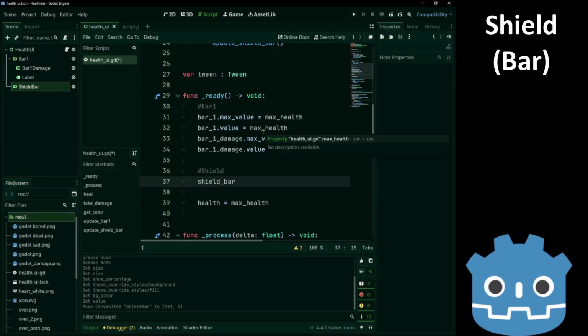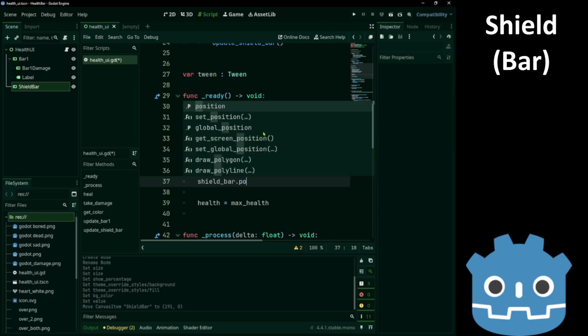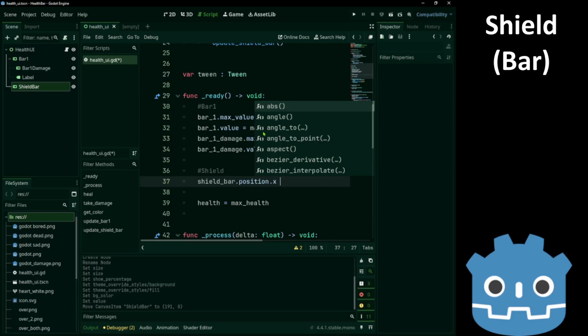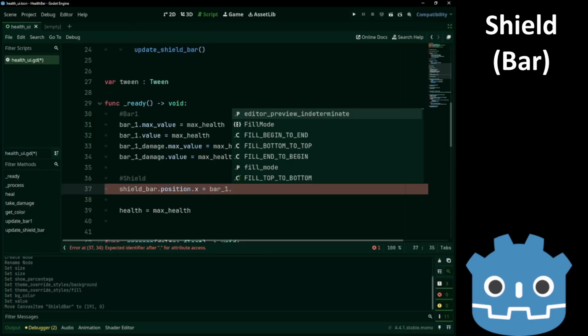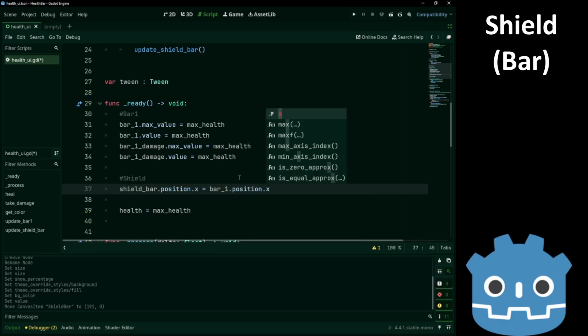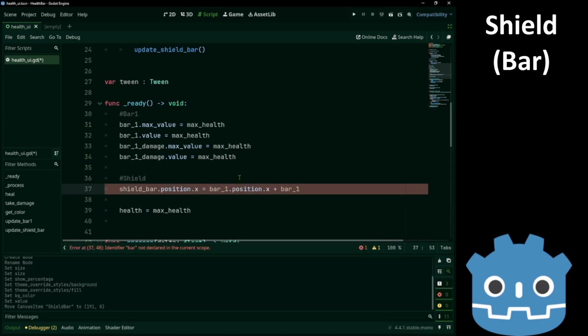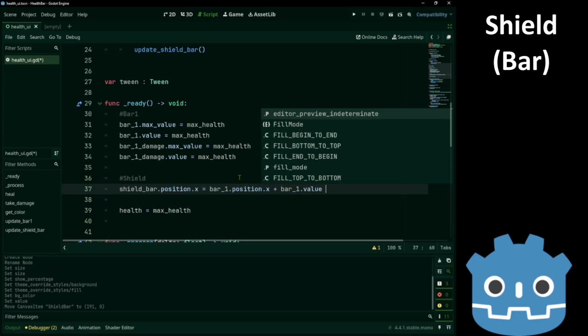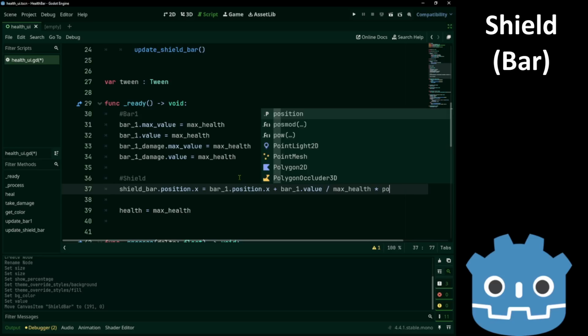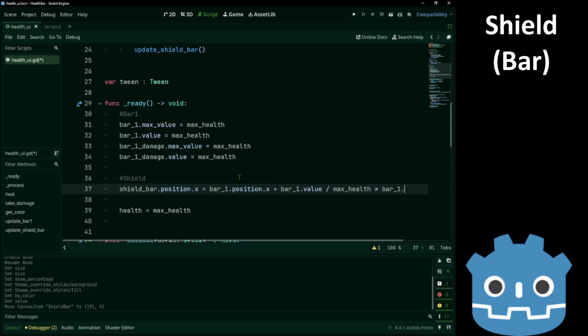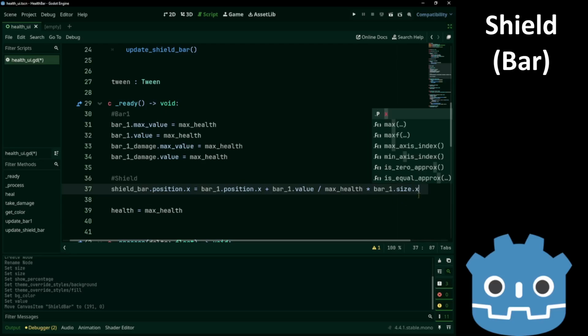We want the shield to be right after our health. So shield.position.x is going to be bar1.position.x plus bar1.value divided by max health times bar1.size.x, and that will place us right at the end of it.